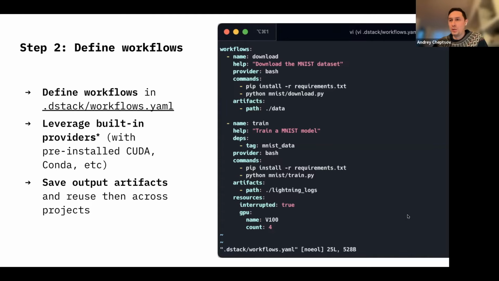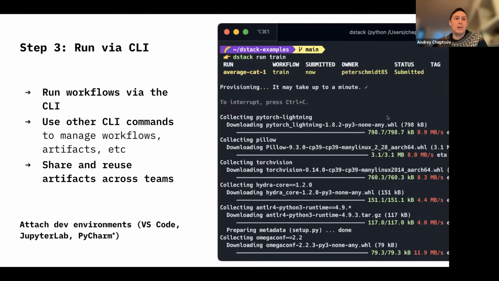And that is it. When you run your workflow, it will provision exactly the required resources. And this is how it's done today. So in order to run something, you use that dstack run command, where you pass the name of the workflow, and immediately it will print the unique name of the run and its status, and then within a minute, it will provision the required hardware and will start running your workflow, and you'll interactively see the output as you would see as if you run